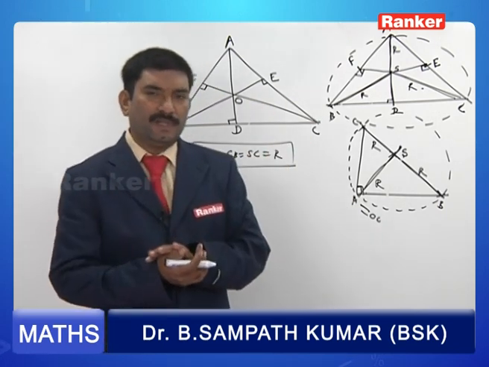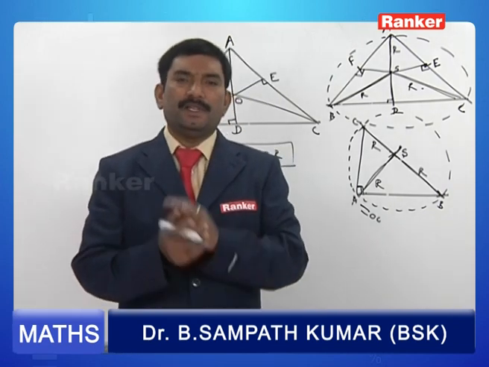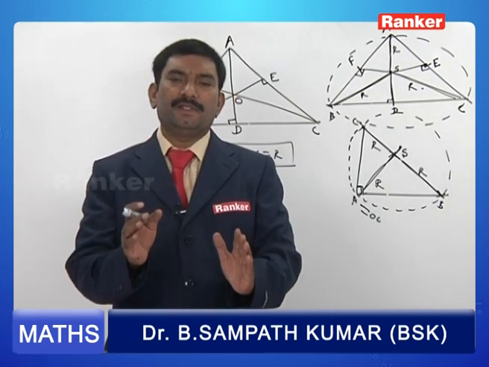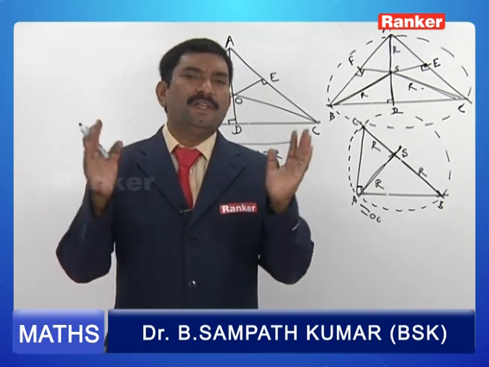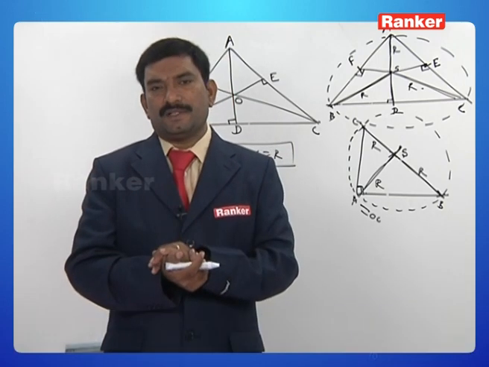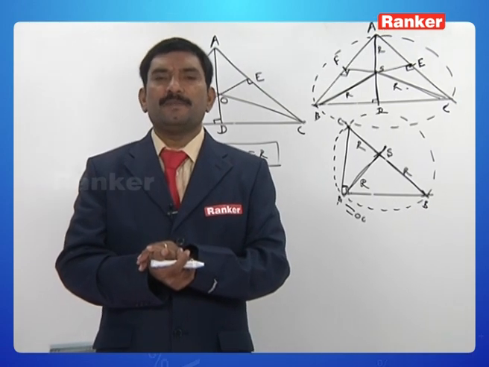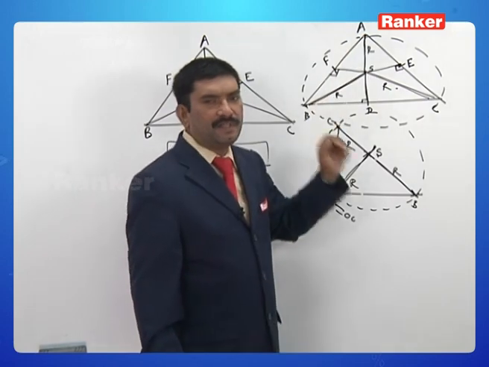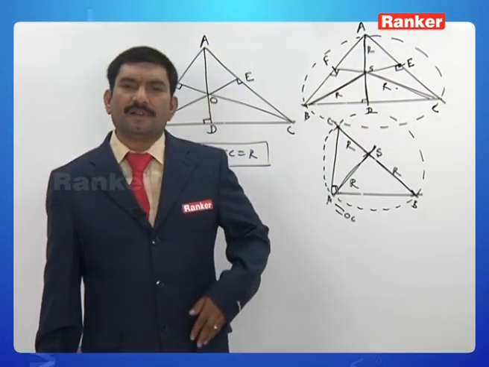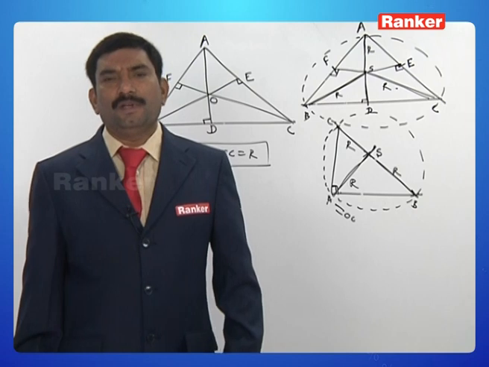What is circumcenter? The point of concurrence of perpendicular bisectors of the sides of a triangle is known as the circumcenter. And circumcenter is the point equidistant to the 3 vertices. In case of a right angle triangle, the midpoint of the hypotenuse